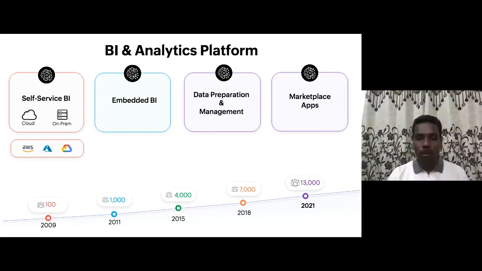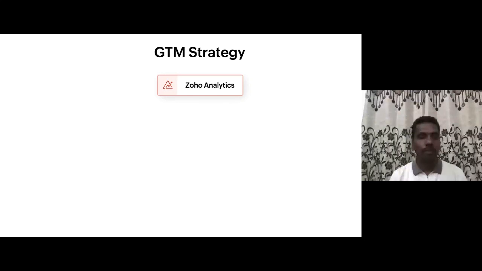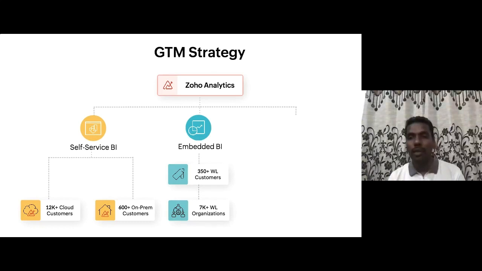A quick word about the go-to-market. So we have a three-pronged strategy. The first one is a self-service BA offering, offered both in the cloud and on-premise editions. We have over 1,000 customers in the cloud and 600 plus customers in the on-premise edition, which was launched in 2018. Then we have the embedded BA play, which has been adopted by over 350 white label customers, mainly